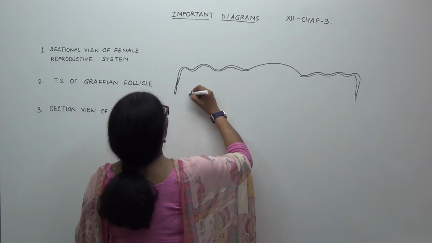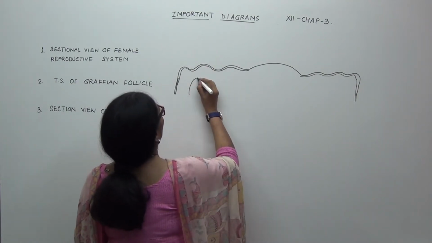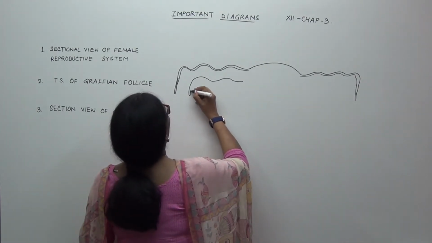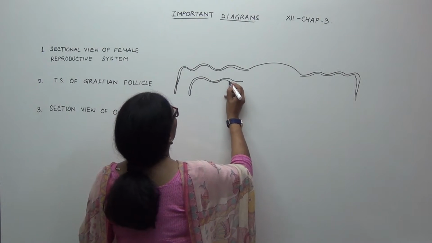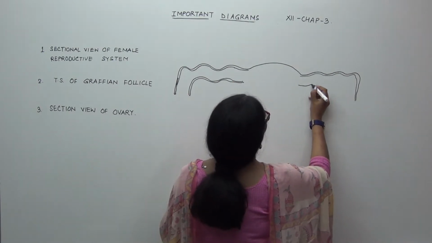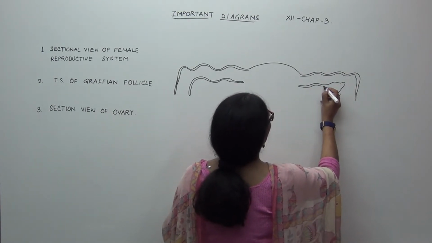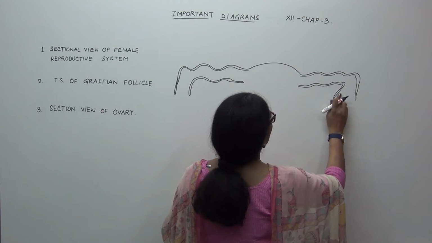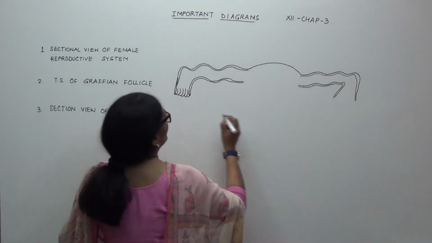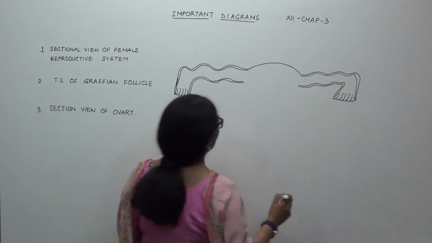So from here we will go like this, like this. We are going to draw it like this, like this, like this, and I am going to make it once again double. Here also I made it double. Similarly, I am going to draw it like this, like this. I am going to make it like this. Let us make this double, like this. Now in the remaining space we will do this, and we are going to do this. With this, the entire oviduct is complete.